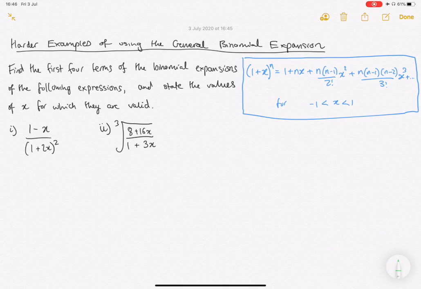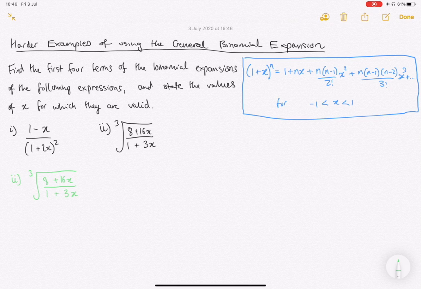This next example uses very, very similar ideas, so the method is very similar, but some of the algebra that we need to process is a lot more fiddly and complicated, so we're going to have to be very, very careful in the process of doing that. So we're asked to find the binomial expansion of the cube root of 8 plus 16x, all divided by 1